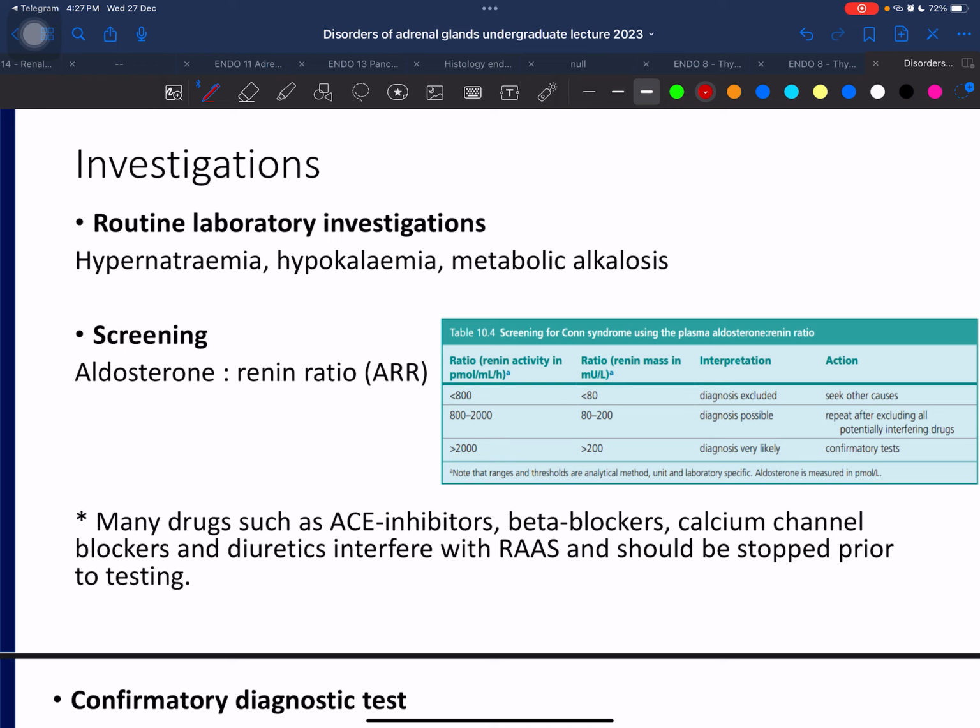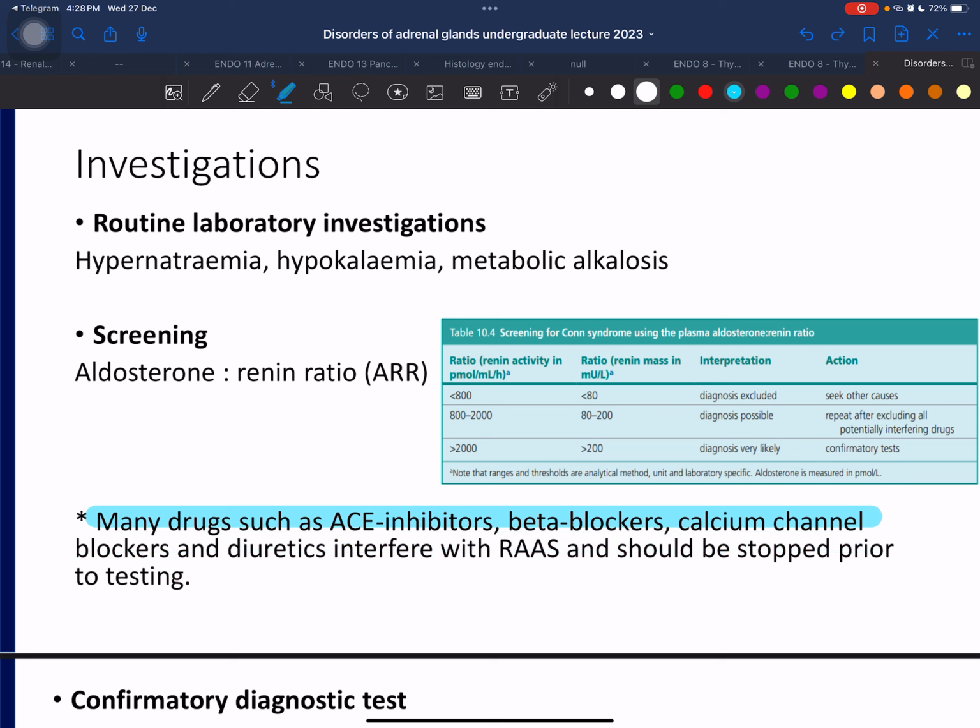And this is what I mentioned just now, the aldosterone-renin ratio. It is greatly elevated in patients with CONS. Understand? Because the aldosterone is high and the renin is very little in production. However, when you want to check for aldosterone and renin in a patient, be sure that the patient does not take all these drugs when you sample the patient's blood, because some of these drugs can actually affect the ratio. Some will cause the ratio to be high, some will cause the ratio to be low. So you want to stop certain drugs that can affect the ARR before you sample the patient's blood.